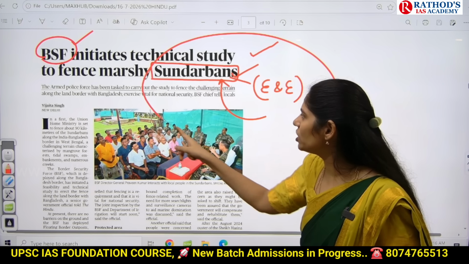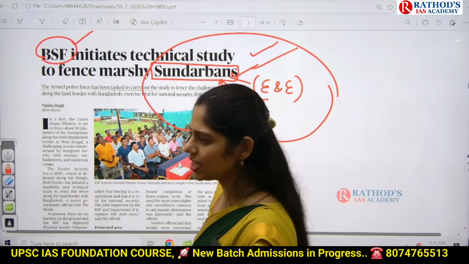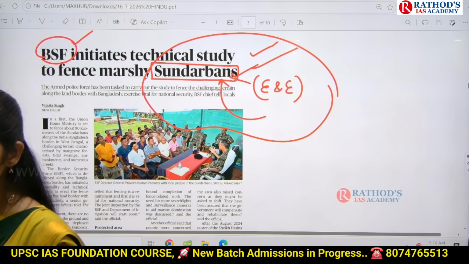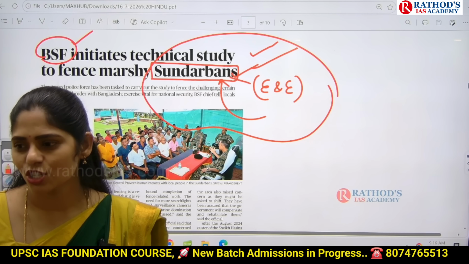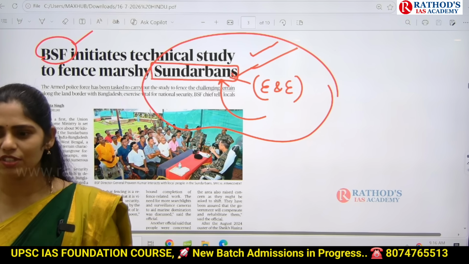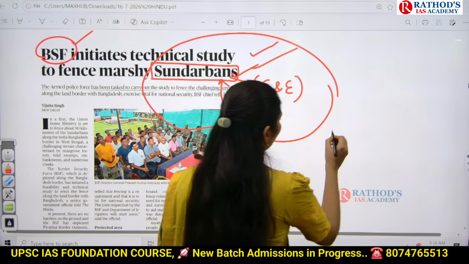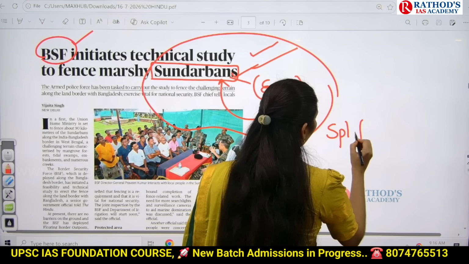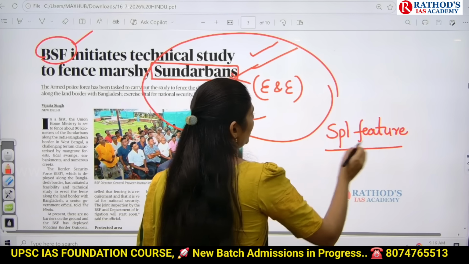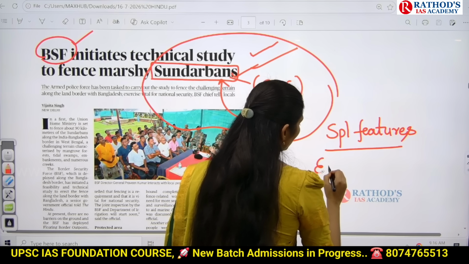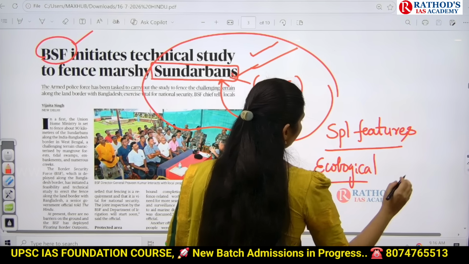They gave a question on what is the role played by the Sundarbans. So here you have to see exactly the location of the Sundarbans. And in the Sundarbans, we can see one famous tree called the Sundari tree. Do you know this? The name of the trees in the Sundarbans is Sundari trees. You have to see about the special features of this Sundari tree. And next, you have to see what is the ecological role played by the Sundarbans.